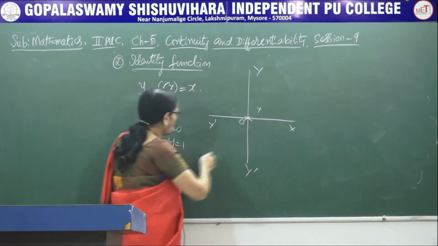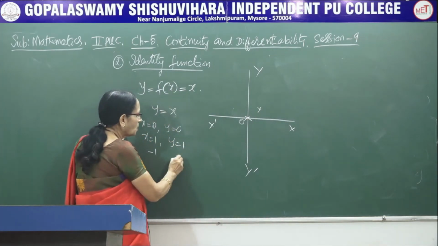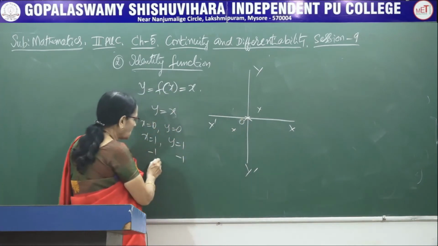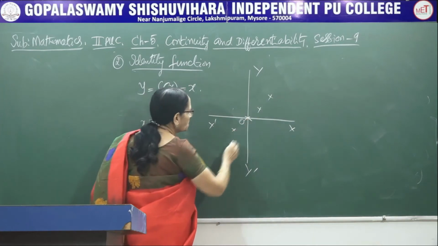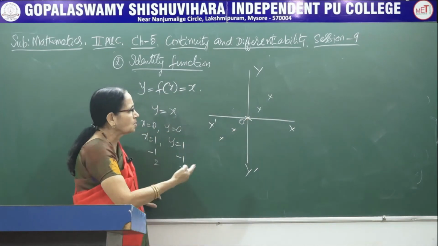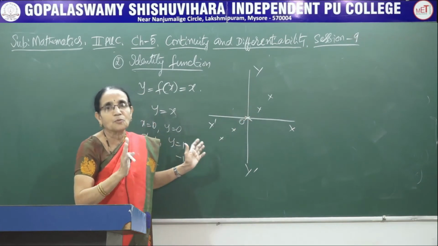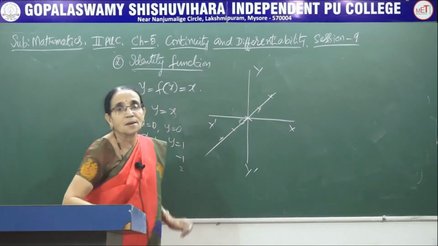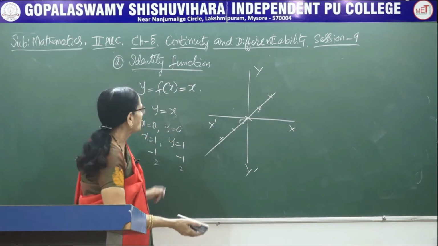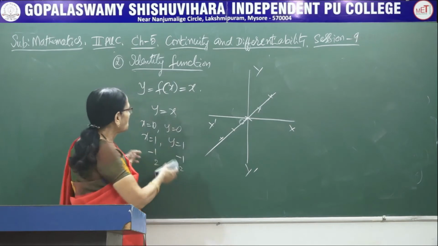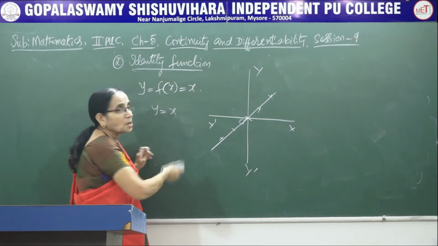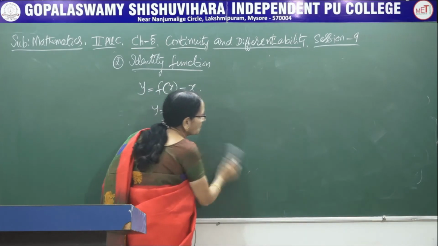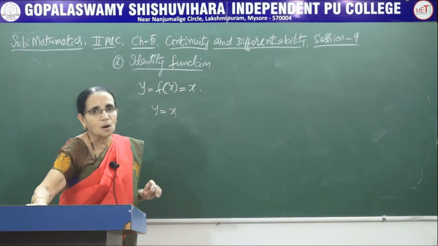So, here 1 and 1. When x is minus 1, y is also minus 1. So, x is minus 1, y is minus 1. When x is 2, y is 2. When x is minus 2, like this. In high school, when you draw the graph, usually we would give about 5 values. Suppose you join all of them, you can clearly see that it is a line passing through the origin. In analytical geometry, you have studied about this one. It is of the form y is equal to mx plus c, which was nothing but a straight line. In the absence of c, the constant, the line passes through the origin.